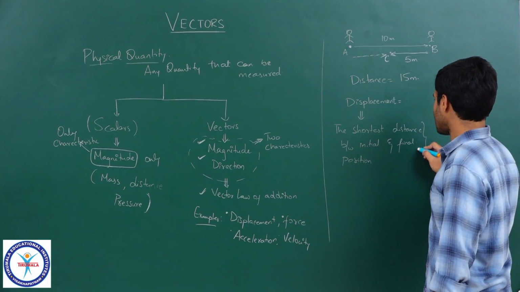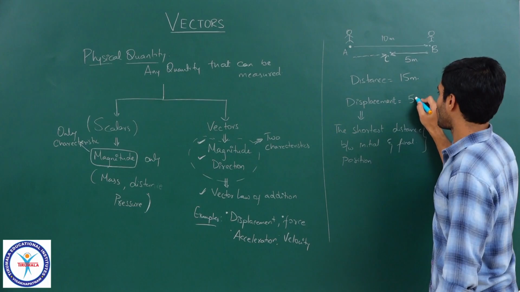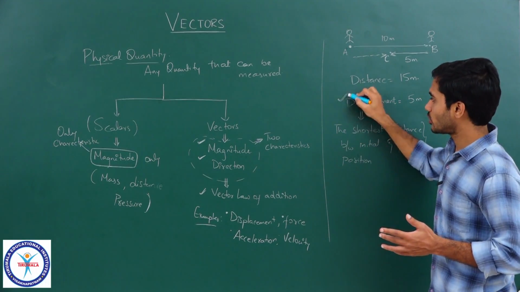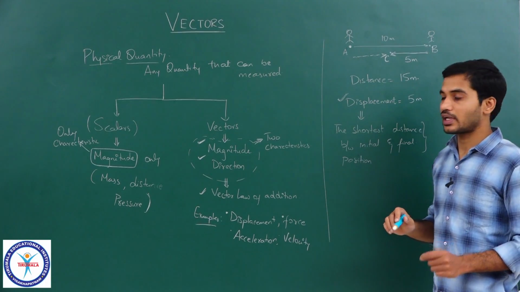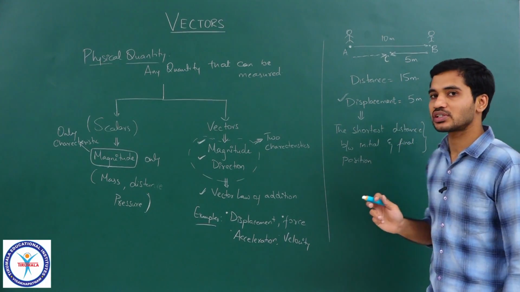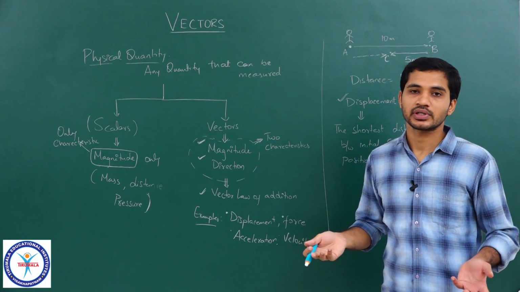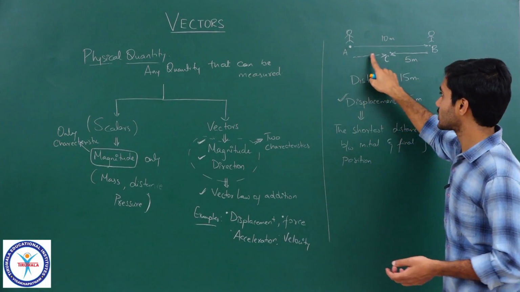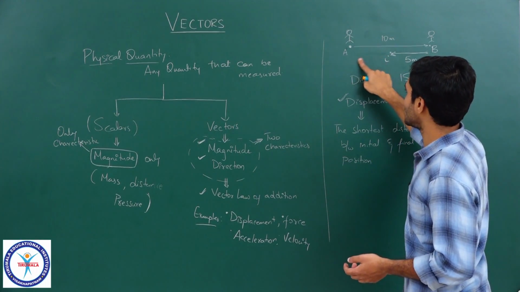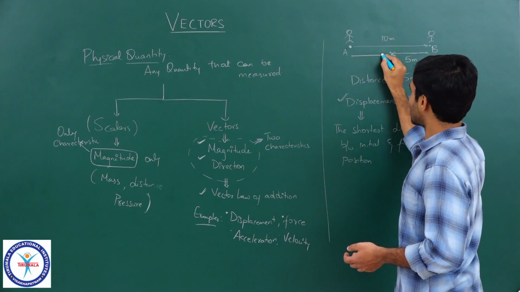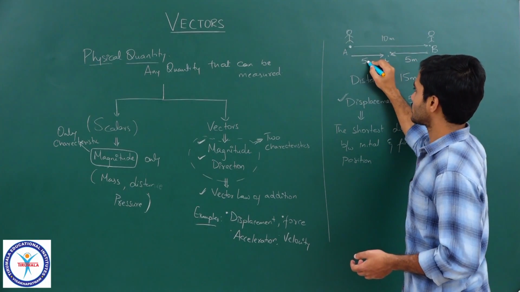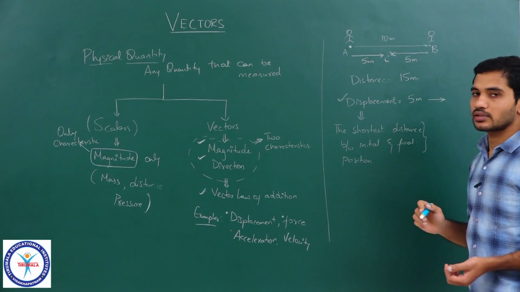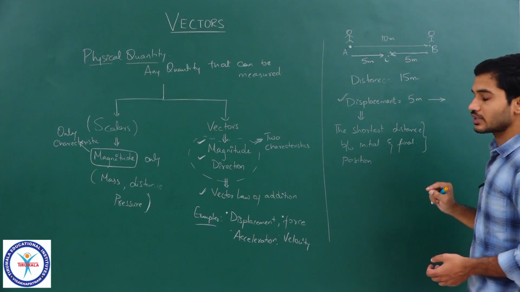So, in this particular case, the displacement will be equal to 5 meters, and you also have to specify the direction. Whenever you are talking about displacement, you have to definitely specify the direction. If you just say displacement is 5 meters, then that is not displacement. So, in this case, the man was displaced from his initial position towards right by 5 meters. Correct, students? This is how we should be representing it, towards right.